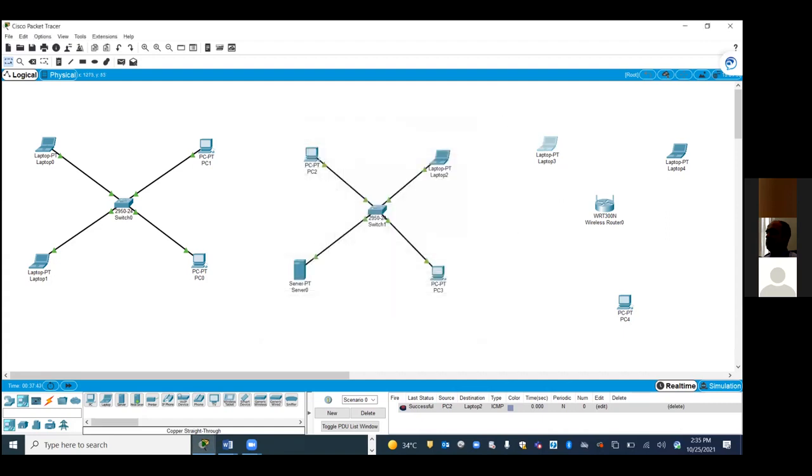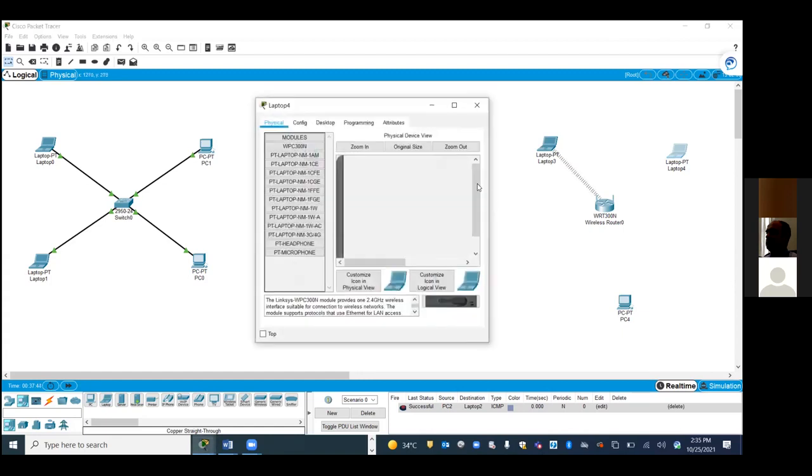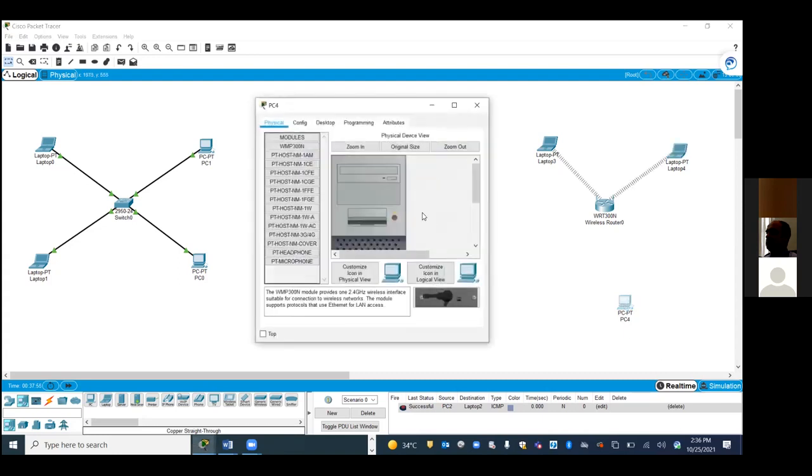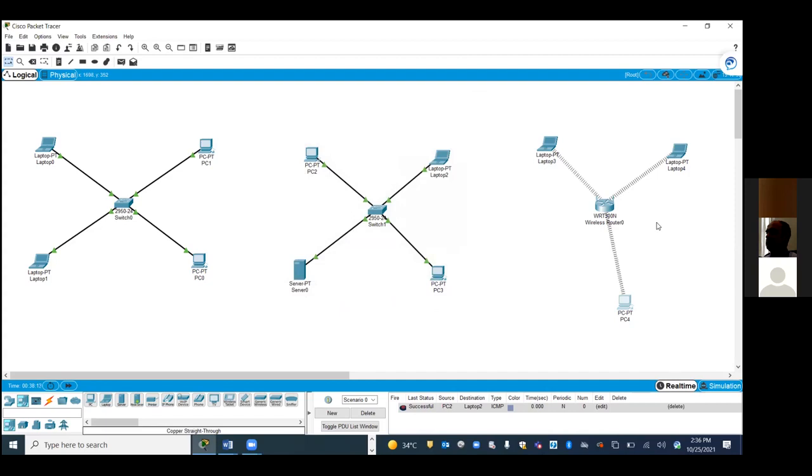Okay. Can someone tell me why it is getting connected by itself? Yeah, a signal is connecting, right? But is it secure now? No, because it is not secure. That's why it's connecting. So any illegal person can come and connect to your wireless. Correct. So we have to secure it. That we will learn in the next step. So see, now we can see that all of you are connected, right? Okay. Yes.